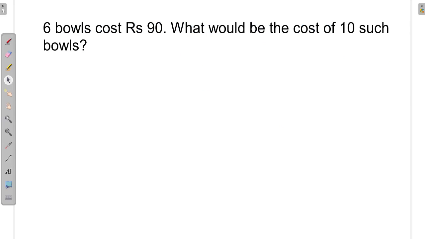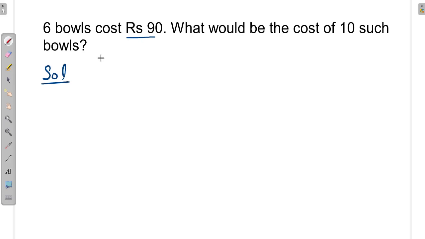In this exercise, the type of question that can be asked is: 6 balls cost rupees 90. What would be the cost of 10 such balls? How do we solve this type of question? See the solution very carefully here. The 6 balls cost rupees 90. Since we have to find the rupees,